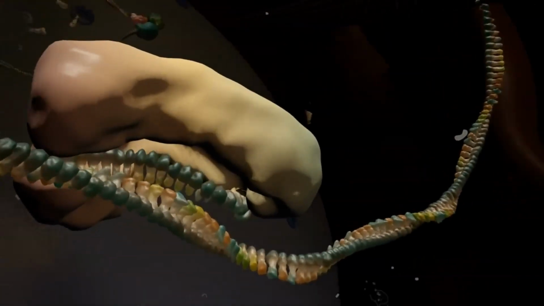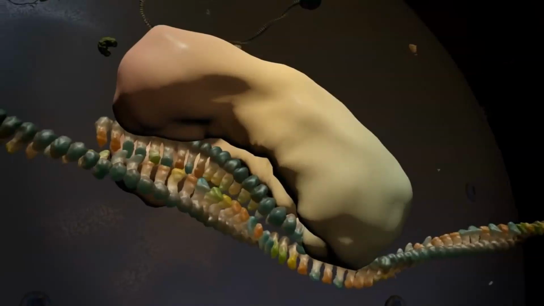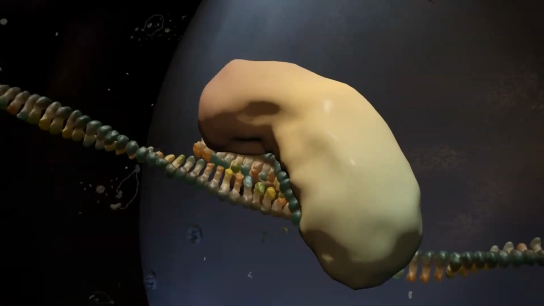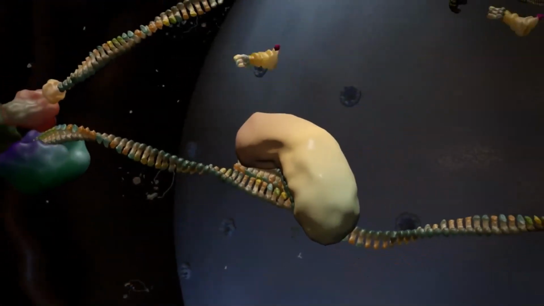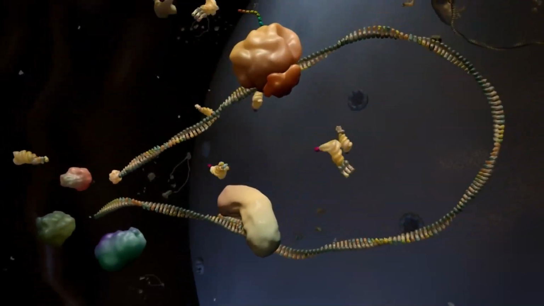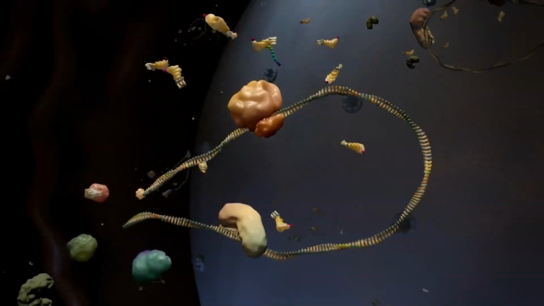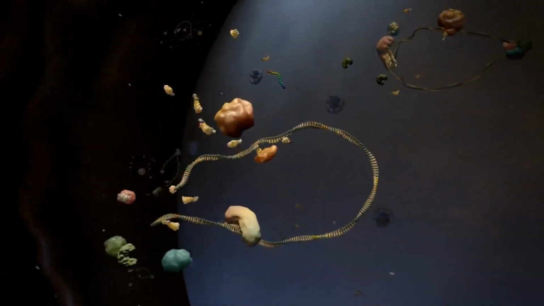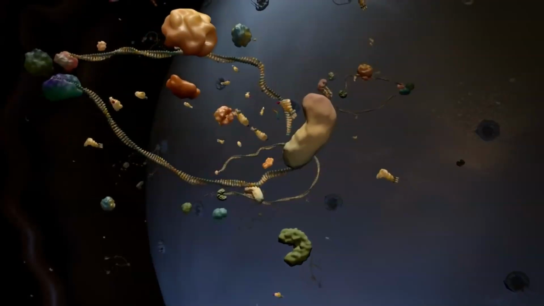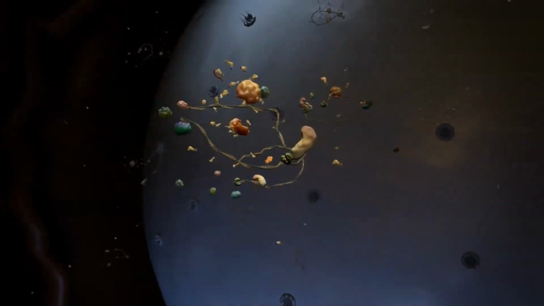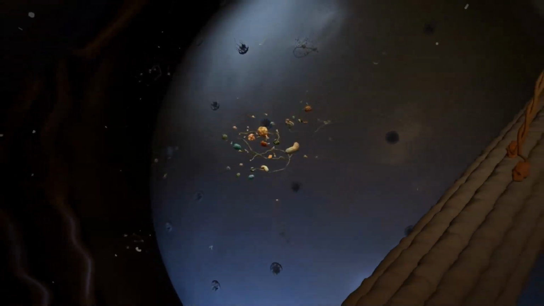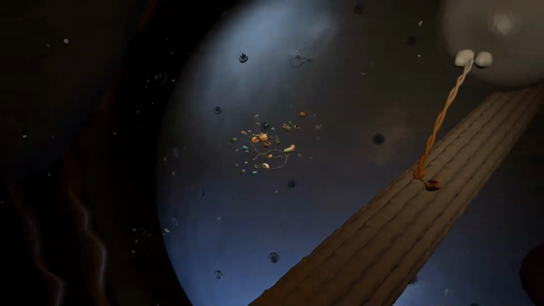MicroRNAs also guide RISC to messenger RNAs. Usually only part of a microRNA, known as the seed, pairs with a target messenger RNA. This imprecise matching allows microRNAs to target hundreds of endogenous messenger RNAs. Targeting by a microRNA can lead to messenger RNAs being degraded or translation being inhibited. Argonautes and their small regulatory RNA cofactors are found in plants, animals, fungi, and some bacteria, and their importance in a multitude of biological processes and as tools continues to be revealed.